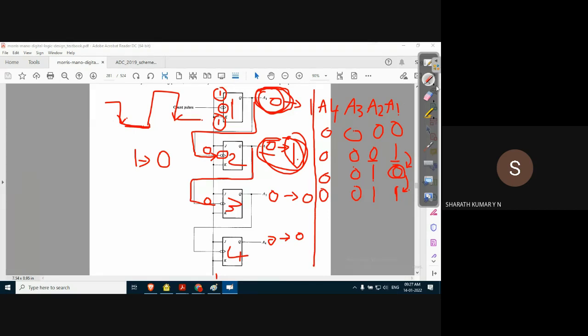Now this will continue. That means the LSB flip flop, that is A1, will alternately change the state because it triggers on the physical clock pulse.